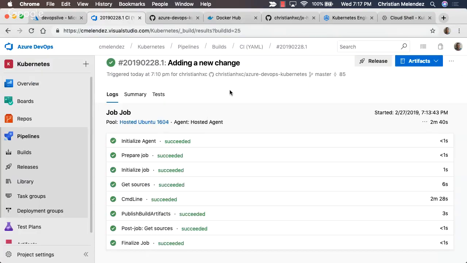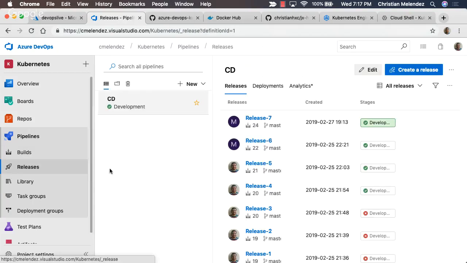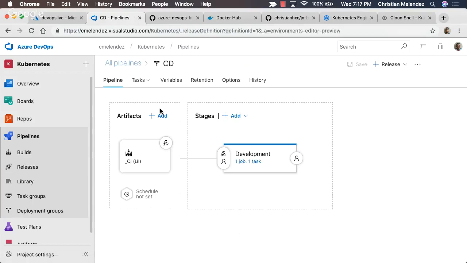So, okay, you now have continuous integration in place. How would you apply a CD pipeline, and how would you apply continuous delivery with this tool? You will go to the releases here, and I already configured this part so that after you finish that continuous integration pipeline, it will trigger this pipeline definition.